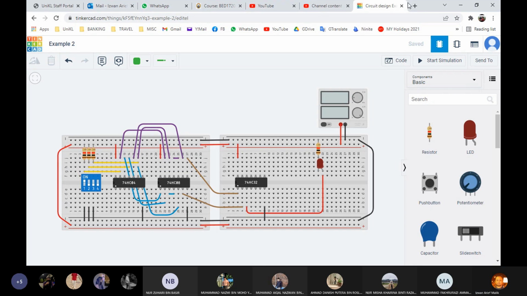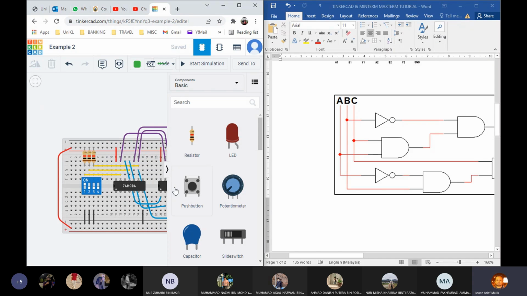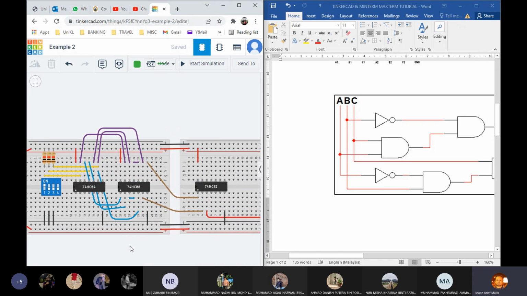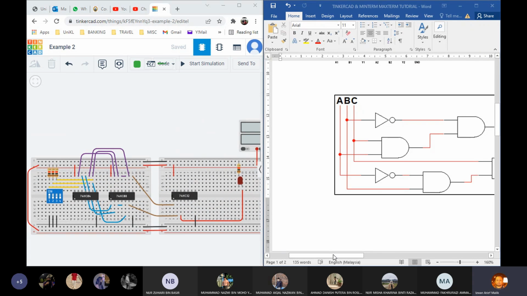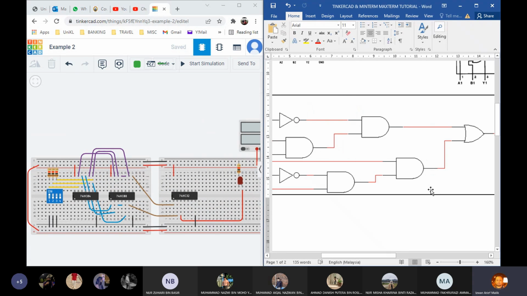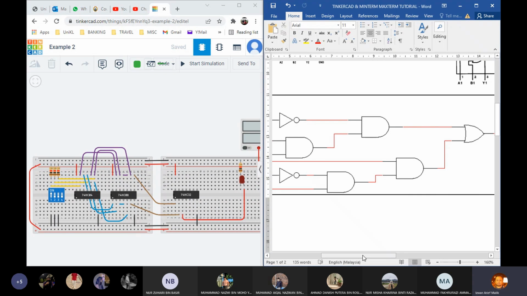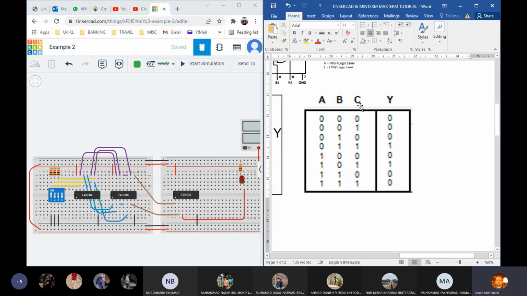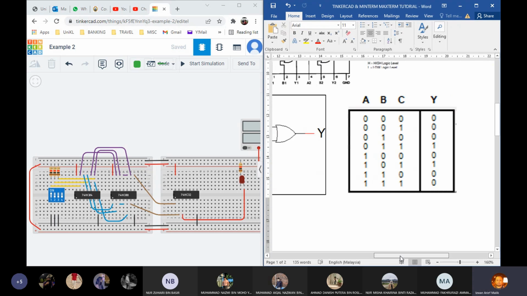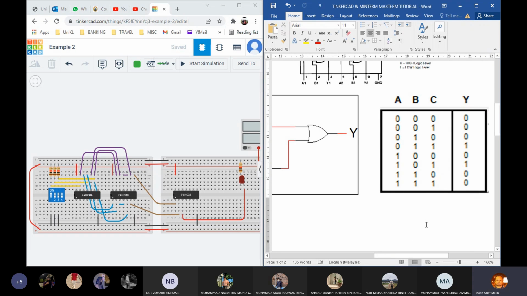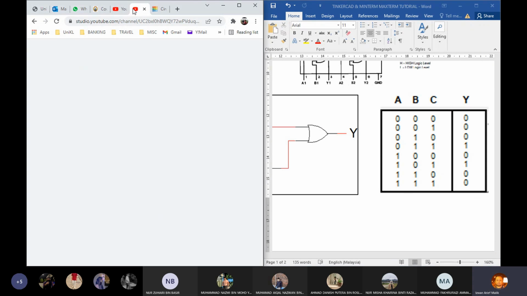Okay. So this is the circuit, which is this one. Ada dalam video, don't worry about them, you boleh check nanti. And basically how do I check the output is from this truth table. Macam mana nak dapat truth table ni, I have already explained in the video. So this video,